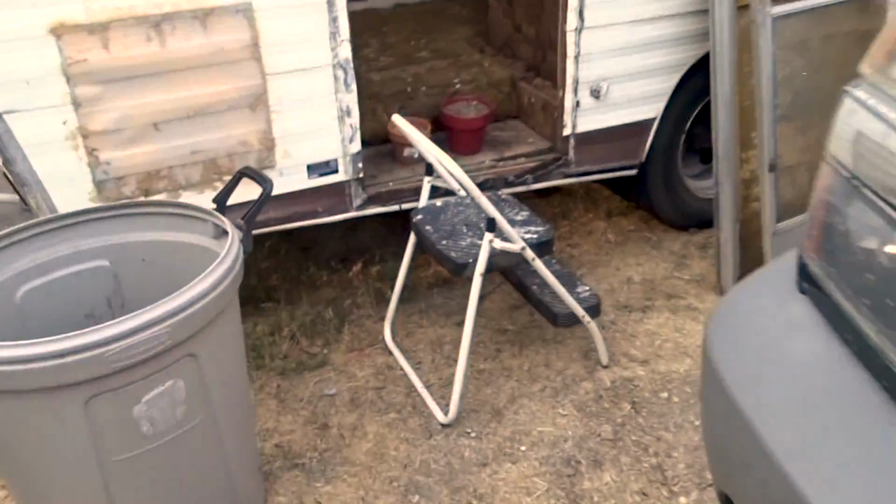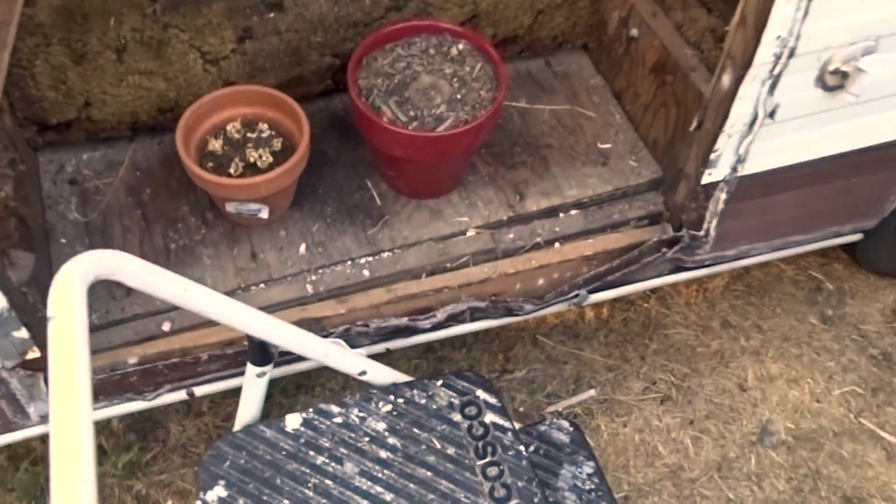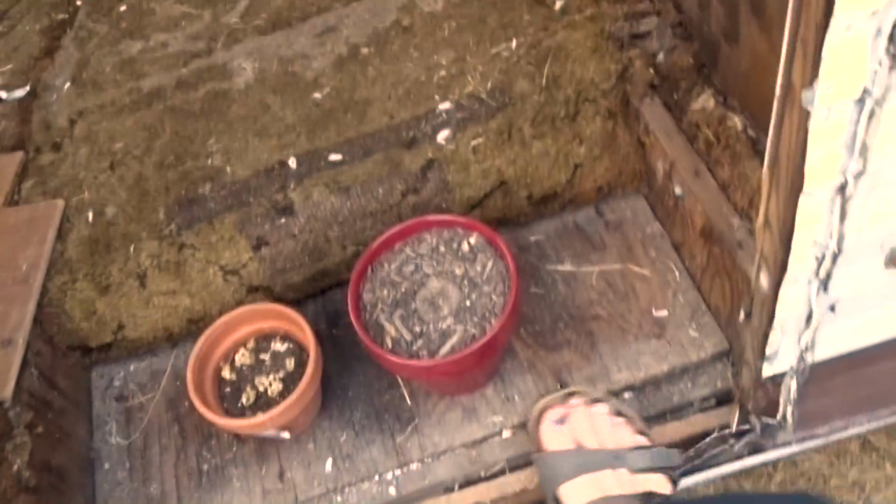So first of all, I stepped on this crumbling step, and it broke real bad. So I put these flower pots there to remind me not to step there, because I kept stepping on it again. Then I came in and I pulled up some more of the carpet, and I pulled away a bunch of the wall to find a lot of rotting wood, which is unfortunate. And then I peeked underneath and the rotting wood goes up, so I'm gonna have to take off this window so that I can